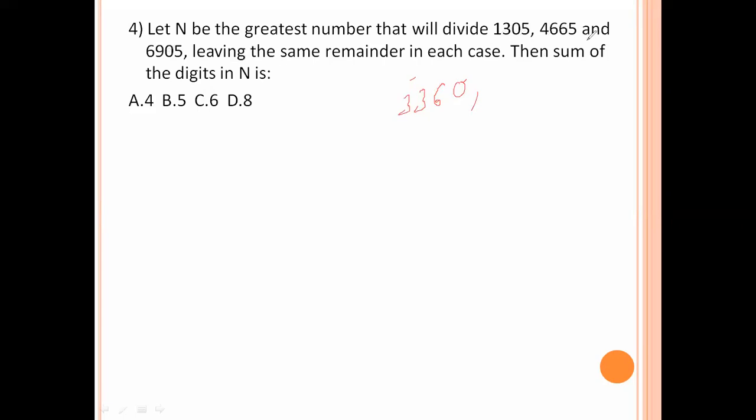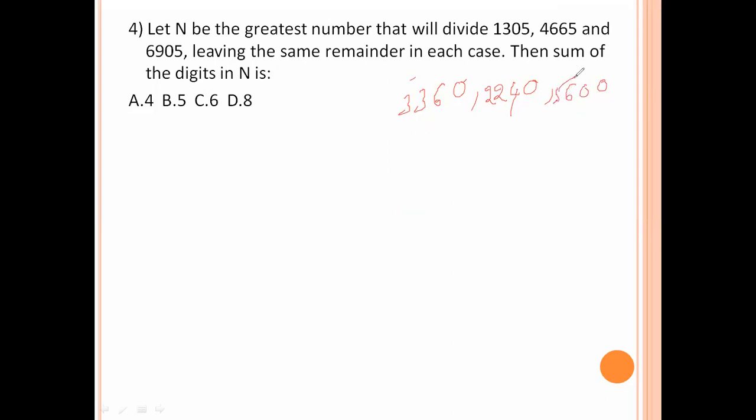Let's subtract the next two: 5 minus 5 is 0, 10 minus 6 is 4, 8 minus 6 is 2, 6 minus 4 is 2, so 2240. Next, subtract these: 0, 0, 9 minus 3 is 6, 6 minus 1 is 5, so 5600.